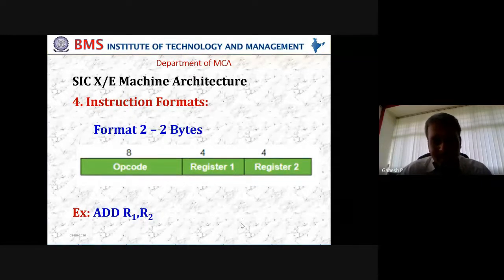So L, the link register, again, if you are using a subroutine, the link register will be updated. If you are not using it, it will not update. And hence the user does not have any control over the register L. Next, PC, program counter. As we know, the program counter will be sequentially progressing towards the next instruction that is going to be executed, and hence you and me cannot have any control over that. Then SW, which is a status register, but depending upon the type of previously executed instruction, the data of the status register will keep changing. So out of the first 5, A, X, L, PC, SW, we can only use the accumulator. The remaining 4 are not in our control.